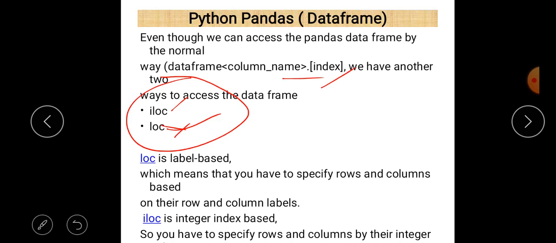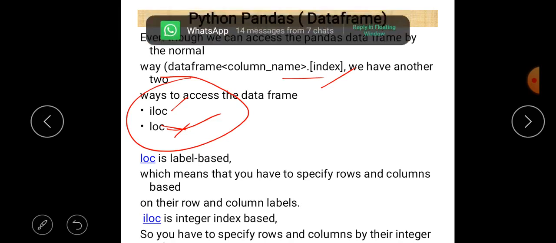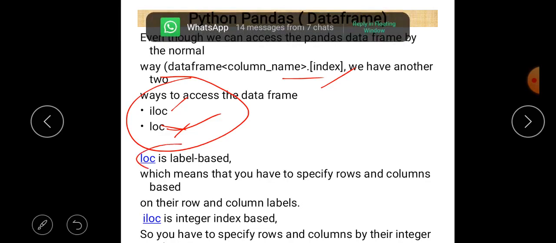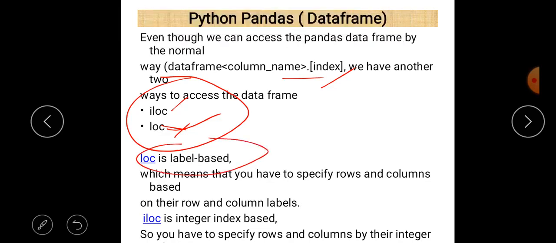First of all, the difference between these two is very clear. The LOC attribute is label based, and ILOC is integer index based. If you want to find an element using an integer index, you can use ILOC, and if you want to find an element by label, you can easily do it with the LOC attribute.